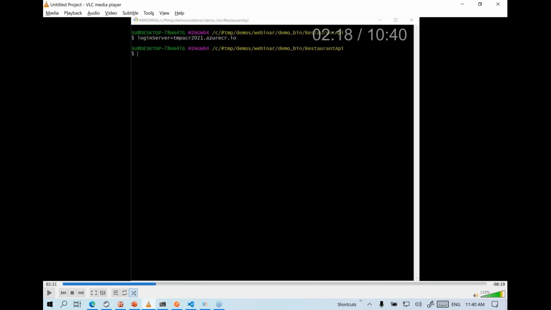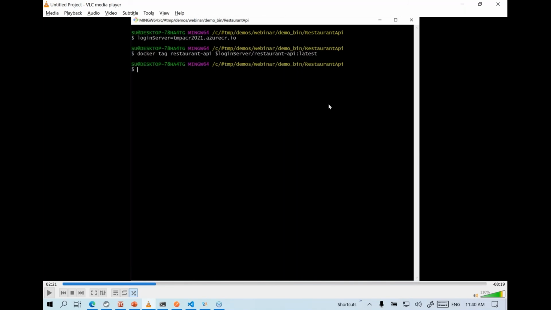I'm storing it in a variable. And a very, very important step: in order to push your local Docker images, the images that are available on your local machine in your local Docker server, you need to upload them to Azure. For that, we need to make sure we tag the local Docker image.